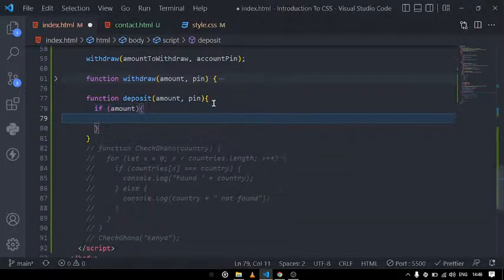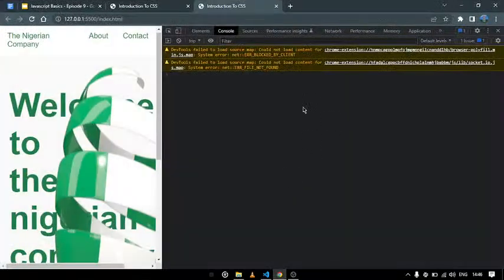Now I'm going to introduce you guys to falsy and truthy values. The reason why I just put if amount here is because an empty amount can result in a falsy value, for example something like 0 or an empty string. Now, to check if a value is truthy or falsy, it's very simple. You can do something like this: